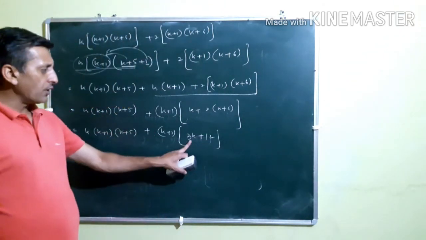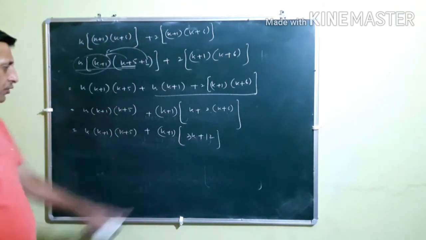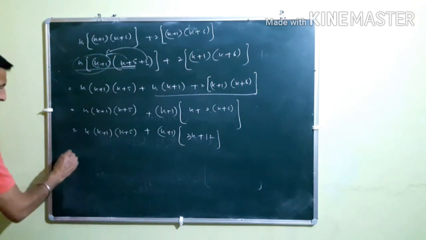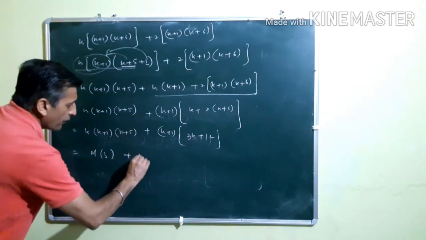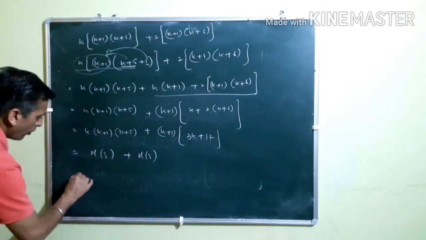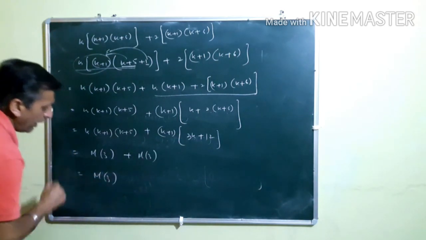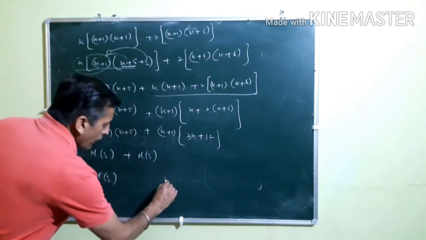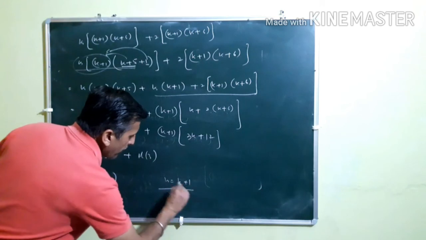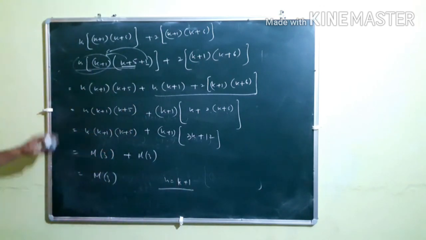Ultimately it is a multiple of 3, because if we take 3 as common, it's a multiple of 3, and this is again a multiple of 3. So overall the term is a multiple of 3, and that we had to prove. Okay, so that means the result is true for n is equal to k plus 1. That's all. So this was your question number